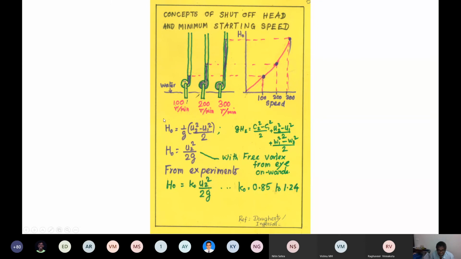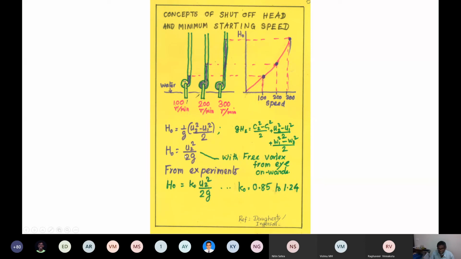So this particular equation you can get from that forced vortex situation. Only thing is, it is not U2 square by 2 but (U2 square minus U1 square) by 2. This is assuming that at the entry region, the hole through which water enters, called the eye of the impeller, that is within the diameter d1, the fluid is not actually rotating. So the actual vortex is between points 1 and 2, that region. So that is how you get this equation.